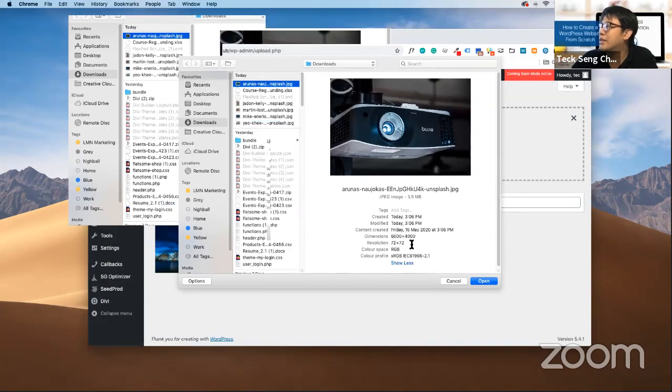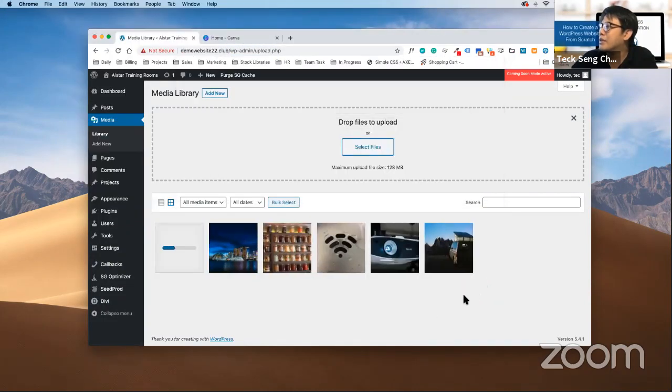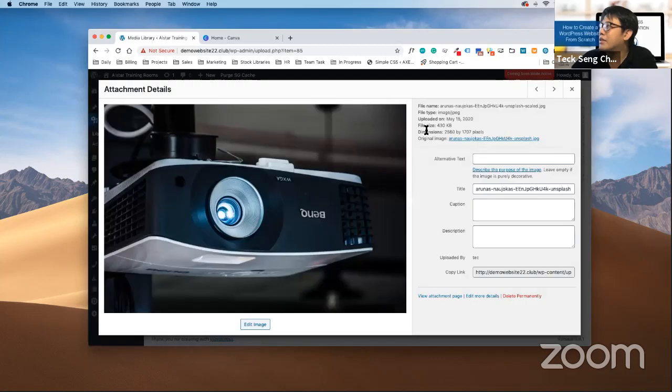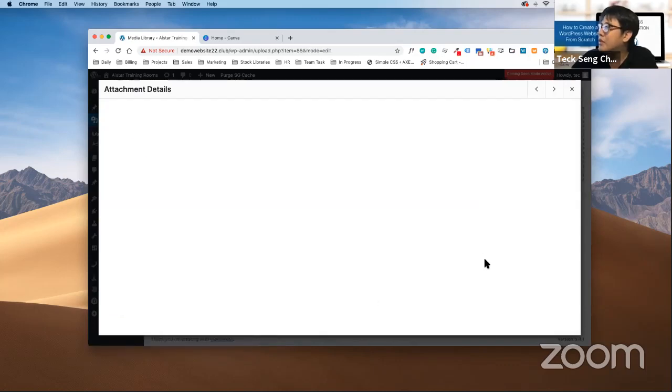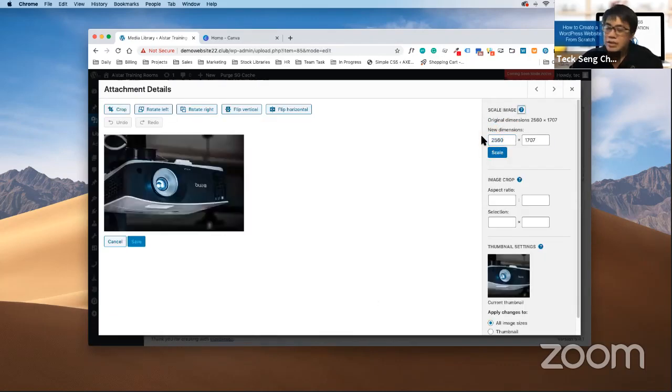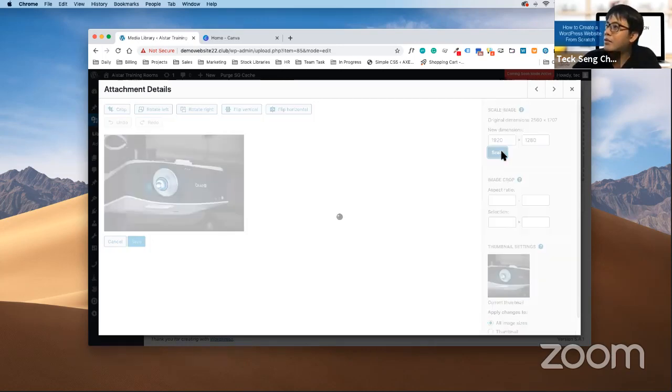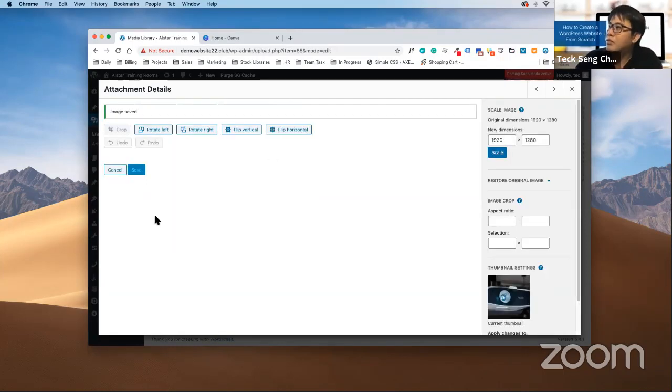Okay, so for example, this is a 6000 image. It's here actually. You see that this is 2560, right? So what I do is click on edit image. The first step I will do is to resize it to 1920 first. So when I do resize, I just need to type in 1920. Whatever number on the right hand side, it will scale itself. Don't need to put anything, just scale. Then I know that this image is going to be 1920.